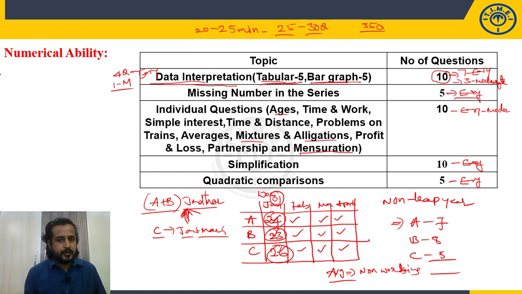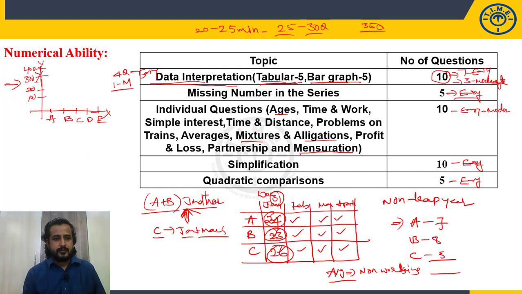Fine. Now let me discuss another one, the bar graph. What kind of bar graph is given? On the x-axis and y-axis, here it is given company A, company B, company C, company D, and company E. So there are 5 companies A, B, C, D, and E, and on the y-axis they gave some values, 100, not exactly, but I am giving rough values, but the story is the same, 300,